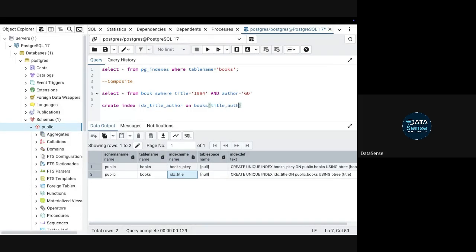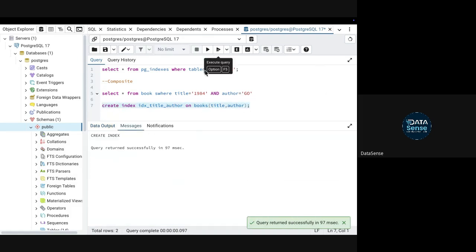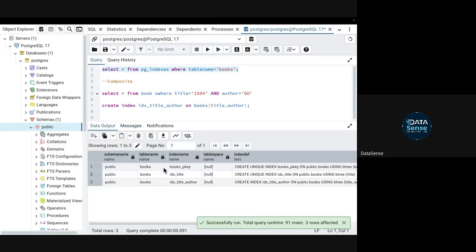That's it. Your index will be created on these two columns. Okay, that's all you need to know in this course. You can explore more once you move ahead, but it's fine. So if you see, this index is created now. Okay, so this is a composite index.